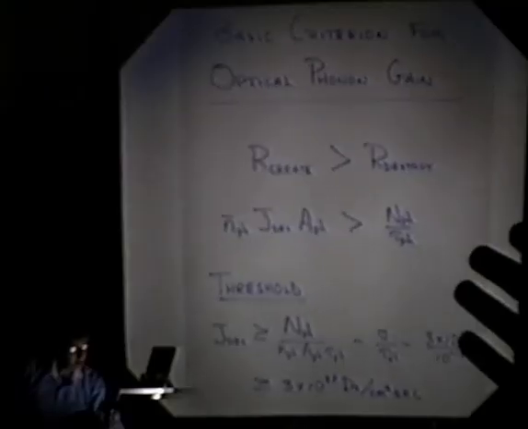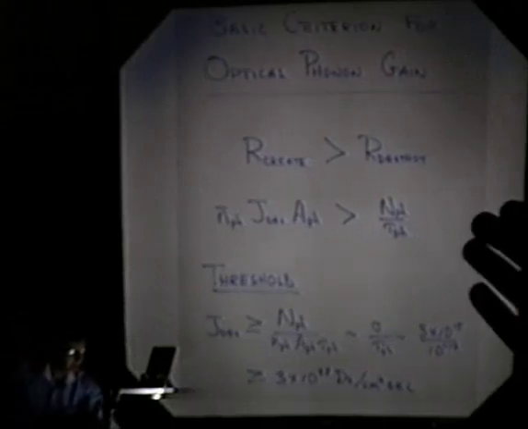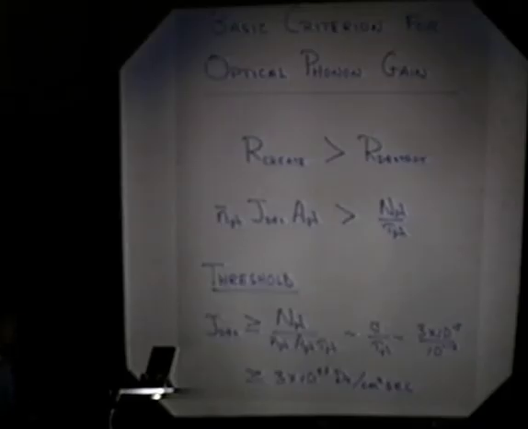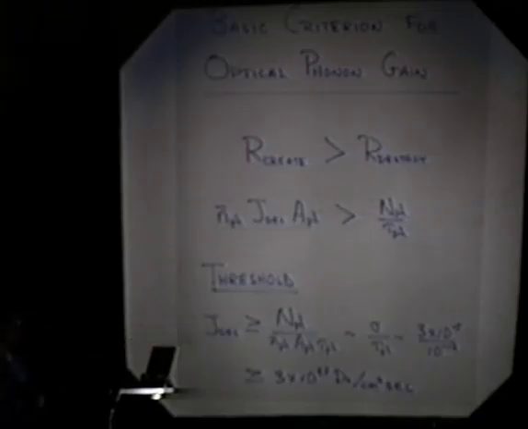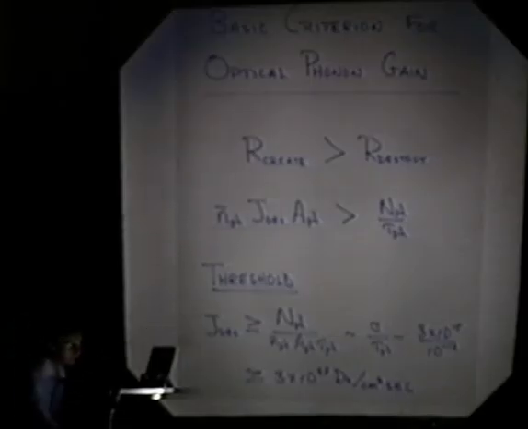You can calculate the threshold condition for such a laser. You can do the atomic physics and do the quantum mechanics and get a laser model, and you get all kinds of great expressions and so forth. But in the end, this kind of laser, at least as an optical phonon laser, is limited by the kinetics. The basic condition for gain is you have to make more phonons than you destroy. The number of phonons you destroy is the number of phonons you have present in a phonon mode volume divided by the lifetime. The number you create are the average number of phonons you make per molecular desorption times the desorption flux times the area of the phonon mode.